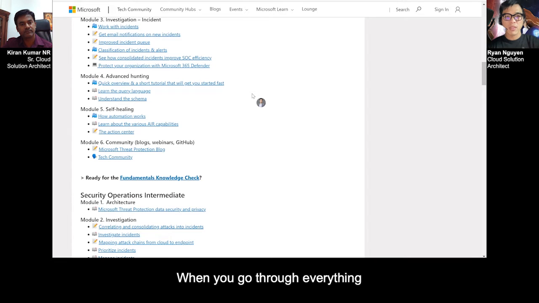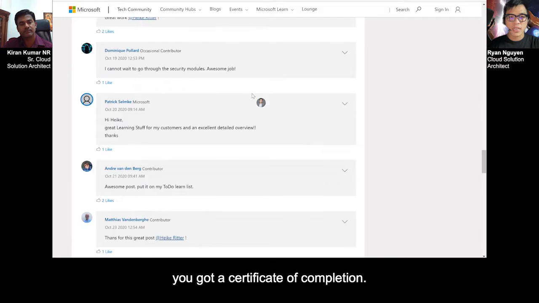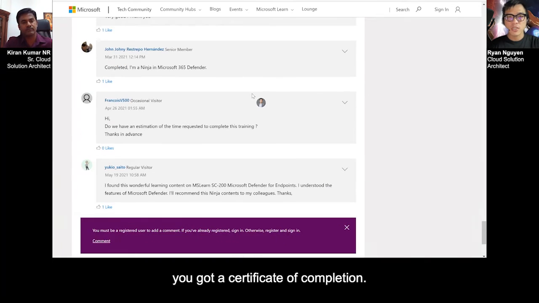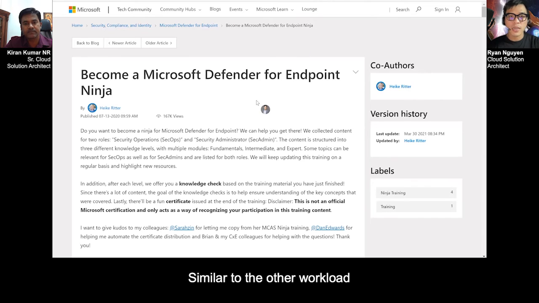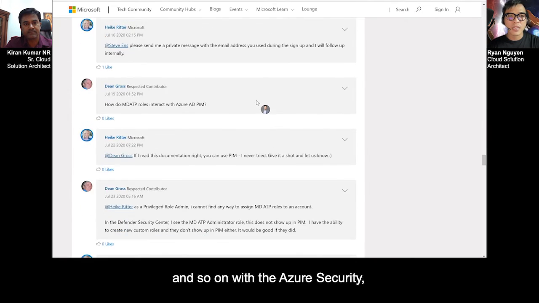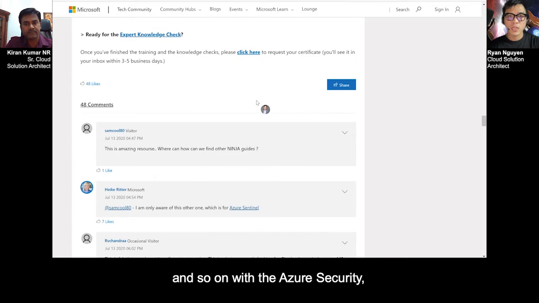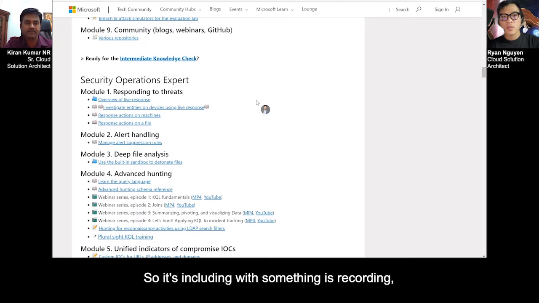When you go through everything and complete the knowledge check, you get the certificate of completion. Similar to the other workloads, such as Microsoft Defender for Endpoint, and so on with the Azure security, MCAS, and everything, right? So it's including something as a recording. It's including some